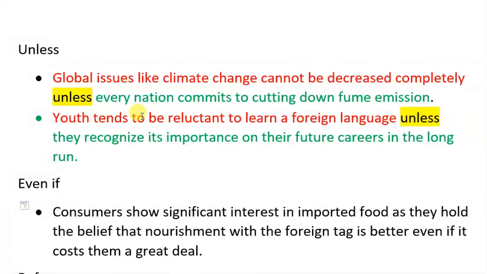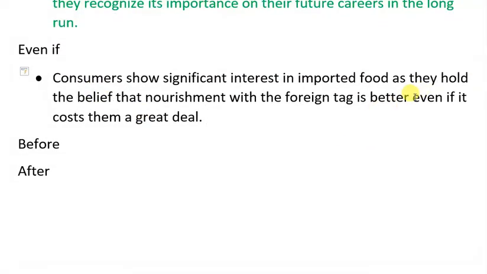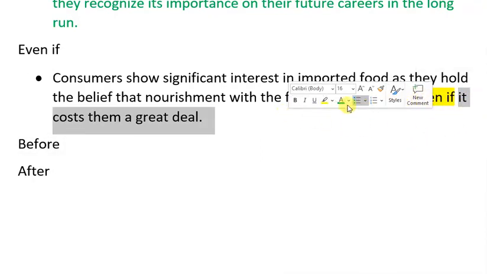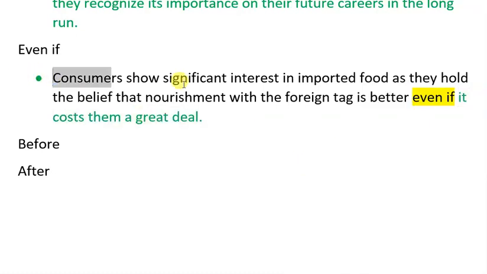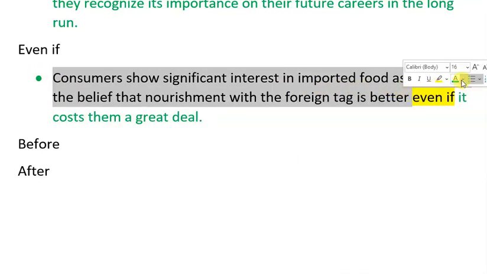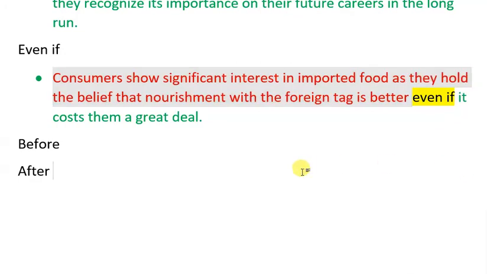Okay, so even if is a conjunction, it costs them a great deal. This one is the independent. Okay, so